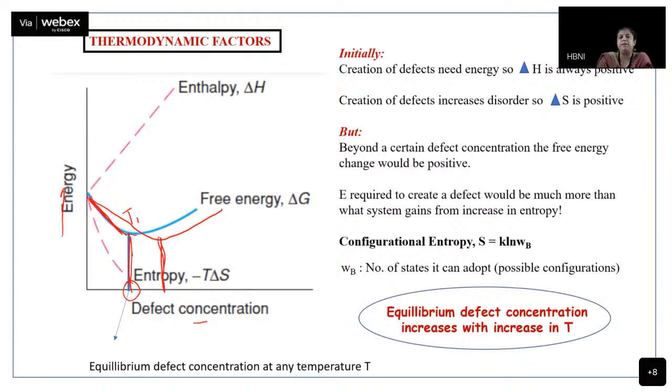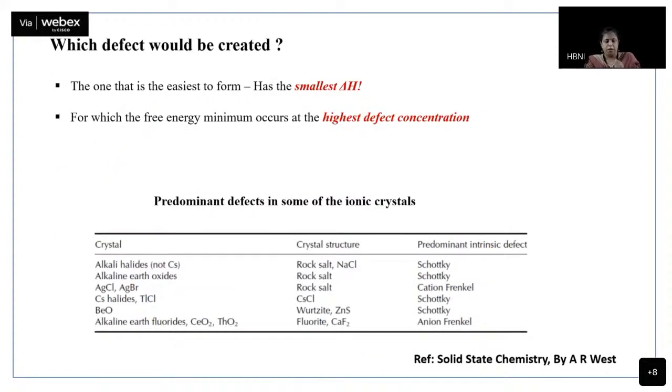So what does temperature do? Increase in temperature increases the number of defects. Or in other words, equilibrium defect concentration increases with increase in temperature. All right. Now, what kind of defect would be created? Whether it would be a vacancy, whether it would be an interstitial, that would be decided by the defect that is easiest to form, which means which has smallest delta H. Okay, that defect for which the free energy minimum corresponds to highest possible defect concentration, that is highest delta S